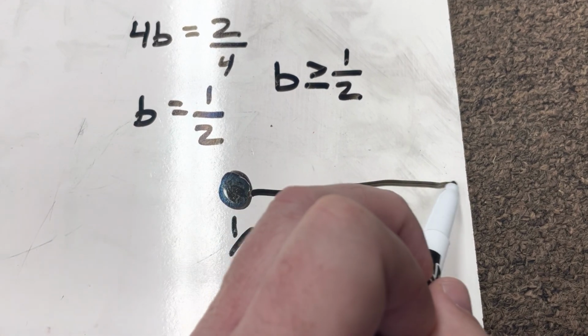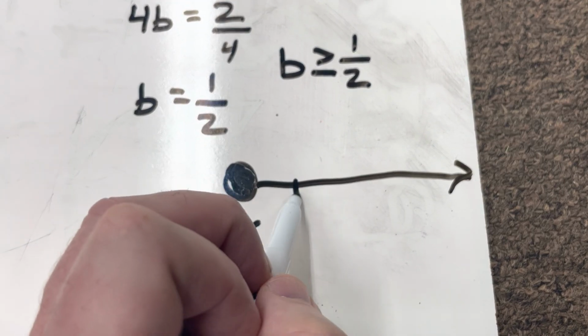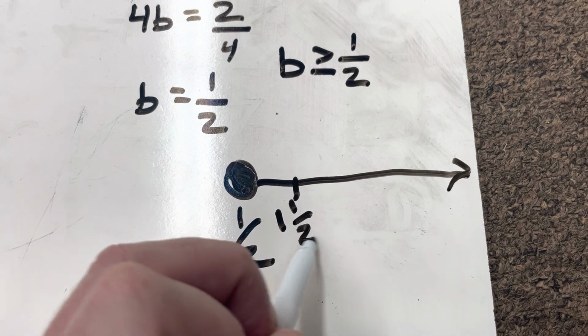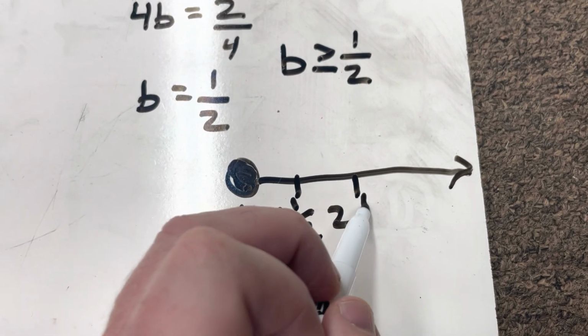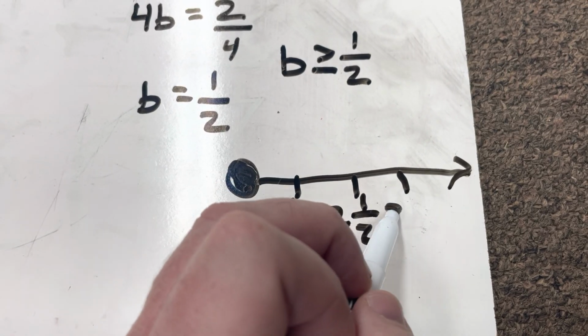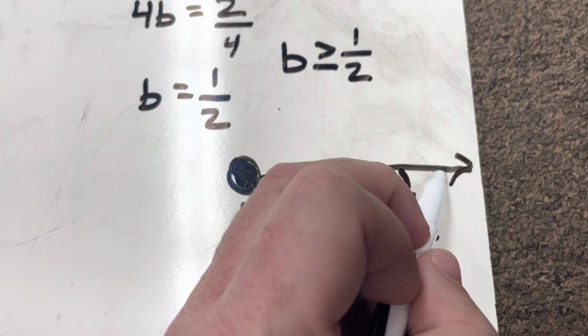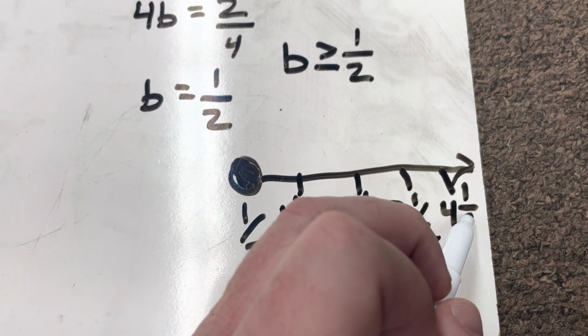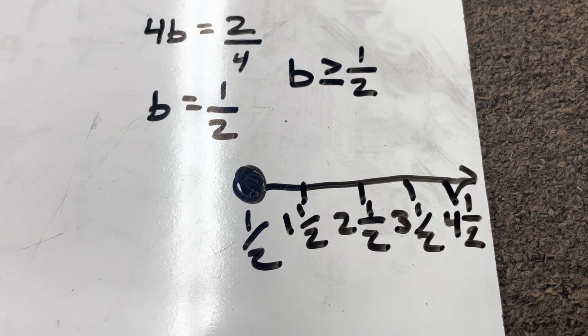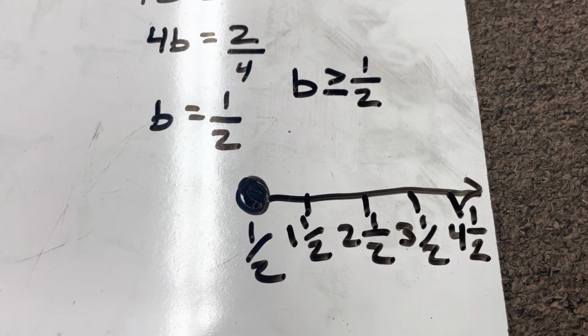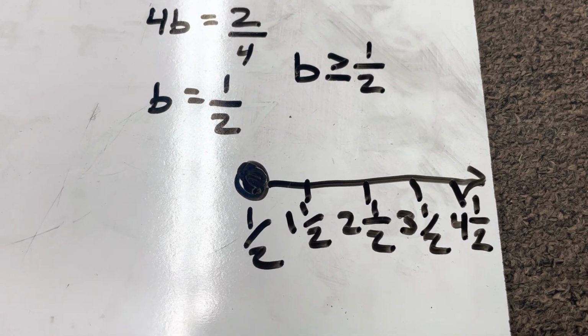I'm going to move it to the right, and it's going to be 1.5, 2.5, 3.5, 4.5 to move that all the way to the right. Okay, now